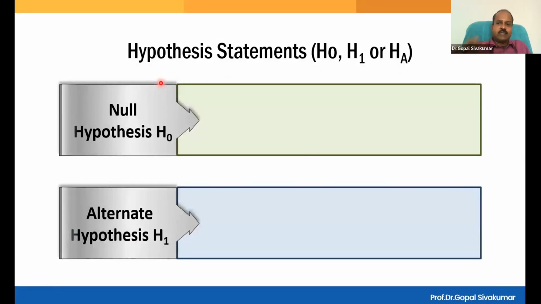Now you need to understand, we are trying to validate the statement. There are two types of statement: one is the null hypothesis, another one is the alternate hypothesis. The null hypothesis is always innocence. The null hypothesis is always your old belief. The null hypothesis is always